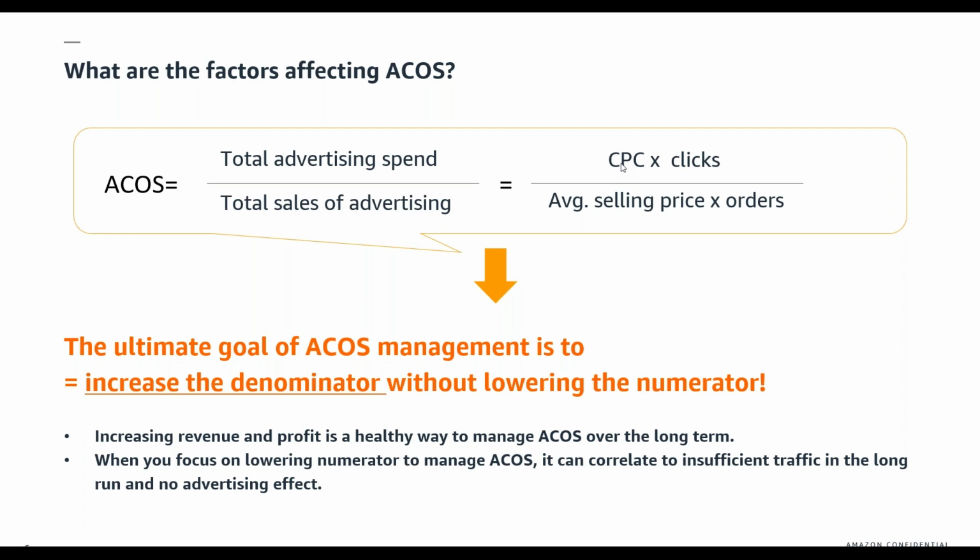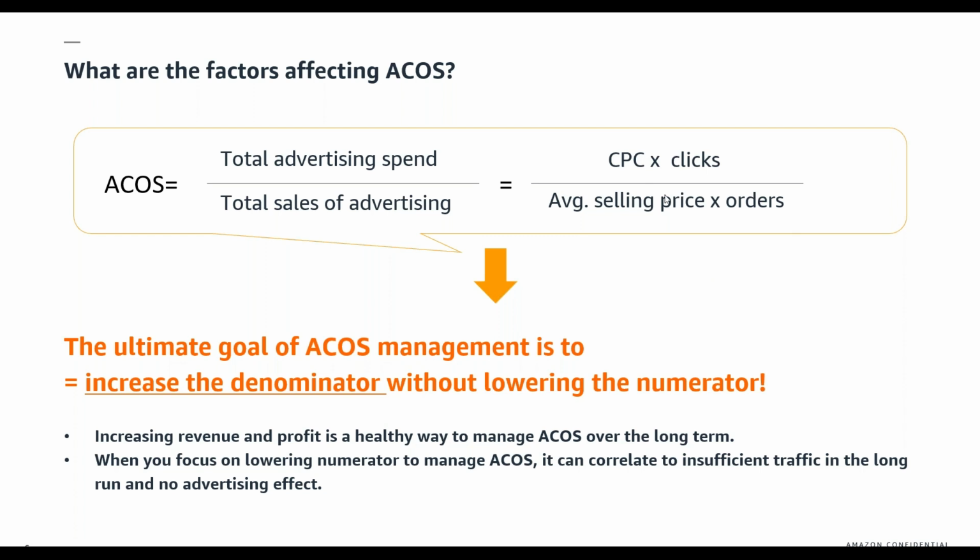Going by this logic, a lot of sellers' first instinct is, I need to lower ACOS. My ACOS is very, very high, and I need to lower it ASAP. So the first thing they think of is the numerator. I find keywords that are very expensive and take them out, or I lower my total advertising spend, or I just turn off all my campaigns. That's the easier solution, right? But actually, the key to ACOS management is figuring out a way to increase the denominator as well,